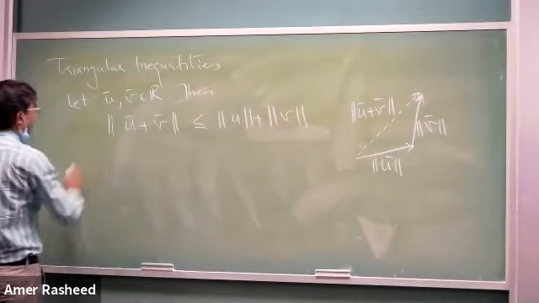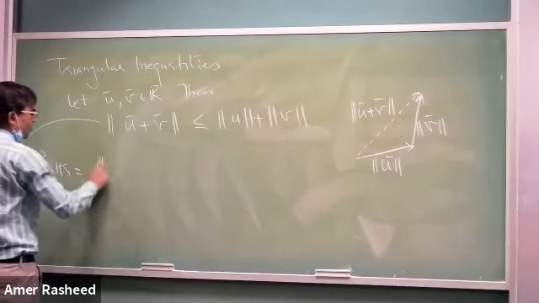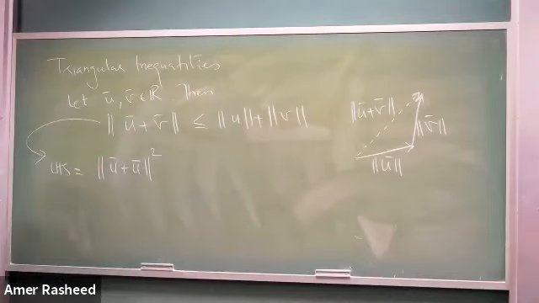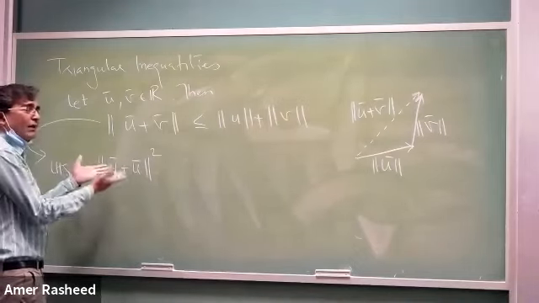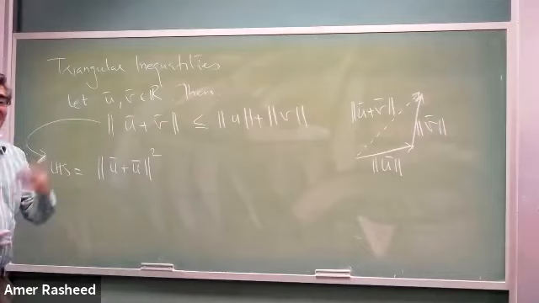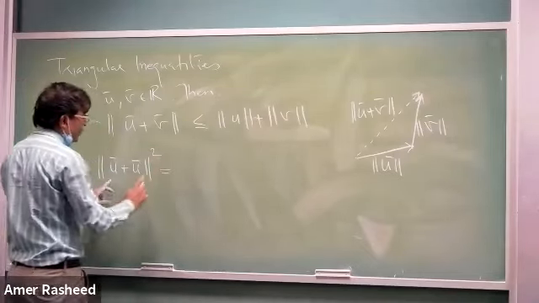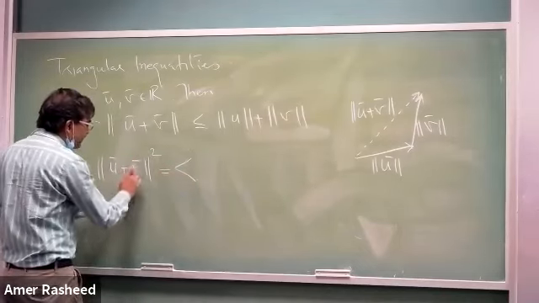So in order to prove it, you start with the left-hand side. You start with the norm of u plus v, whole square. Why do we do it? Because we cannot simplify norm, but we can simplify the inner product. So by using that similar result, we can write this norm of u plus v whole square